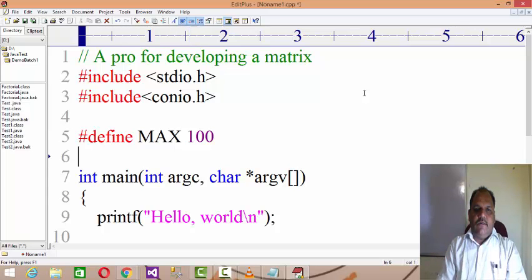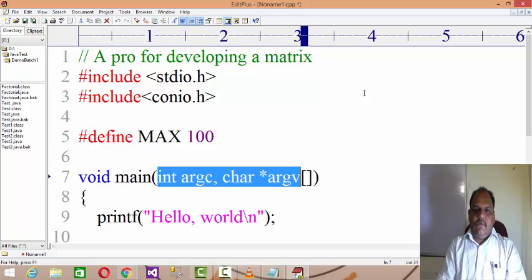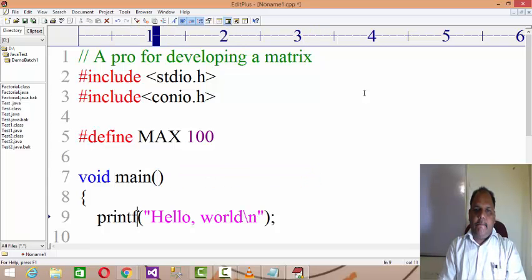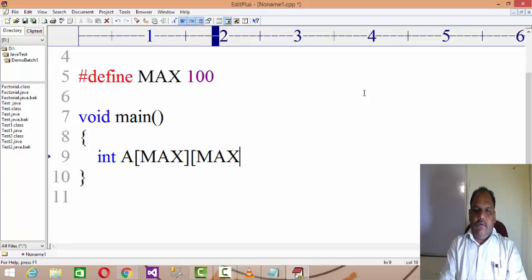And after that, you declare a mat of size MAX by MAX firstly. And then you declare m for number of rows, n for number of columns, r for row counter and c for column counter, and then ask the user